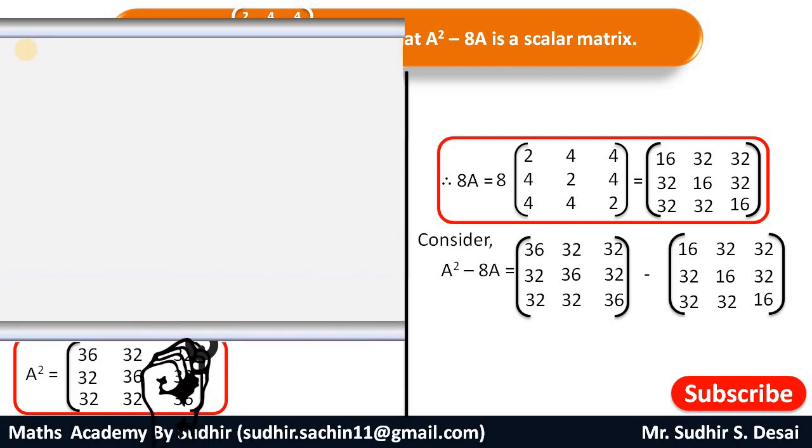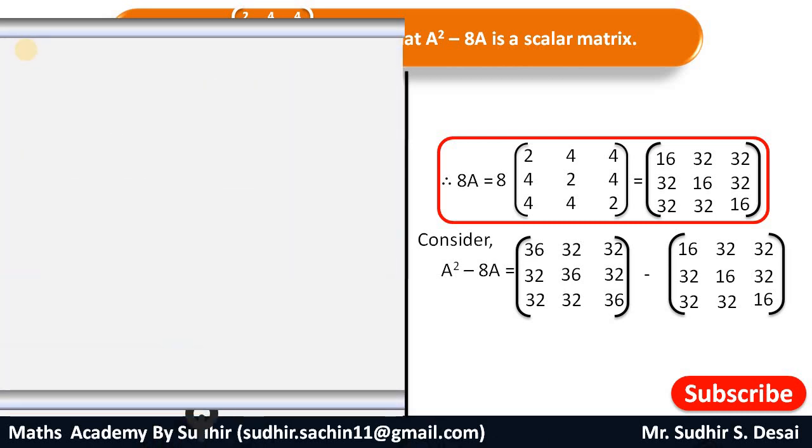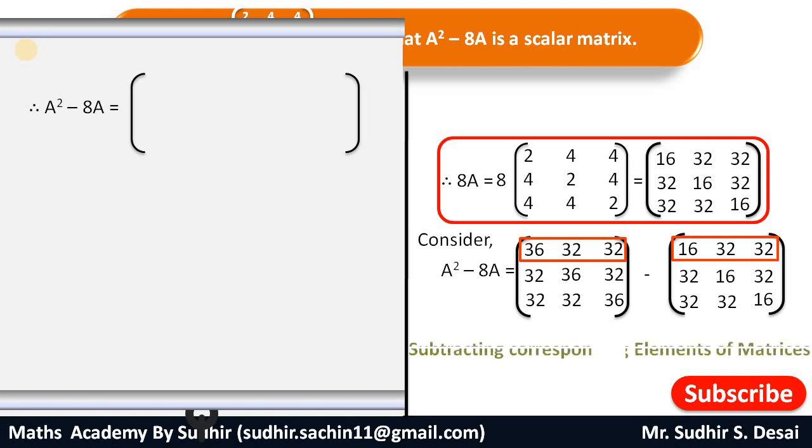How to do the subtraction of two matrices? By subtracting rows of the second matrix from the first matrix. So first we will subtract the first row from the first row of the second matrix, and in that we have to subtract